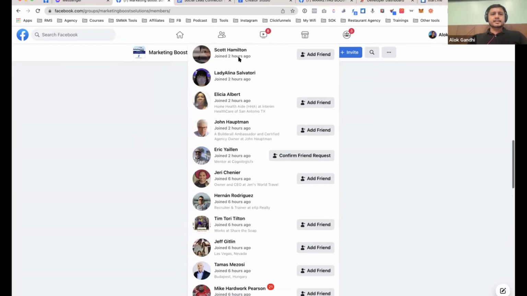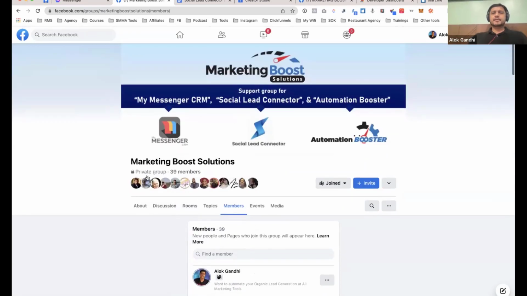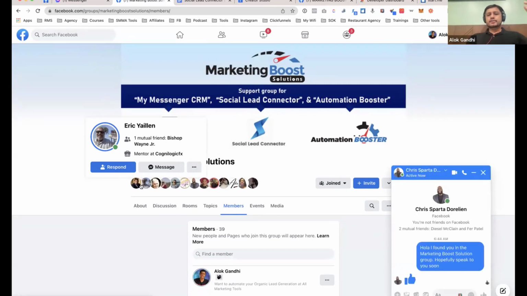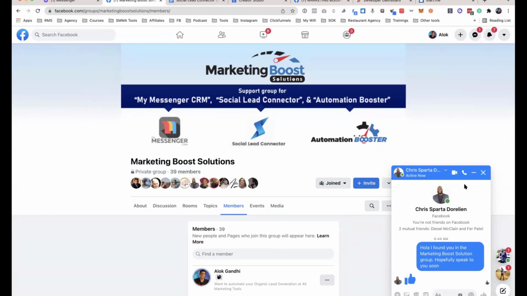Got it. So if this is a niche community, and a perfect example would be, I'm part of a very high-end coaching group, and everyone in there is like a colleague, and I would like to learn and connect with them. Let's say there are like 30 people in there, everyone has paid a few thousand to be a part of that. I want to add all those people because I can connect and network and learn and do so much more with that. So I don't want any criteria. I just want to add everyone from there. So you don't put any keywords and you just add everyone, minus the first 10 or however many of them were admins, moderators or whatever.